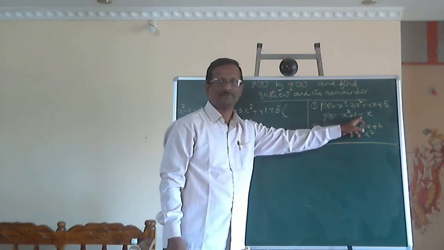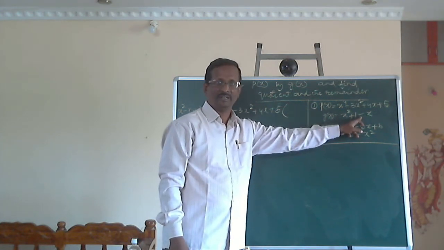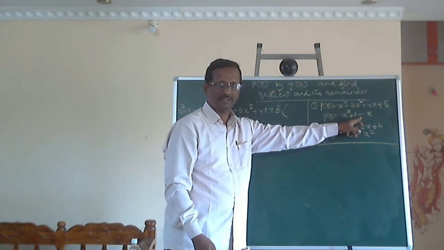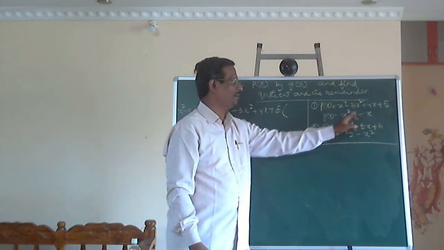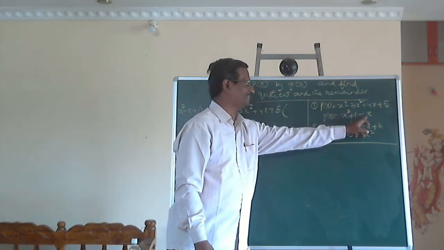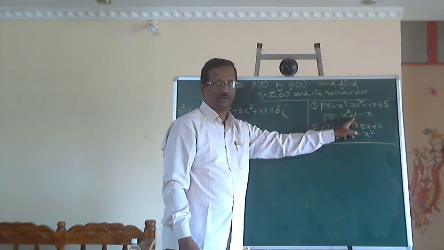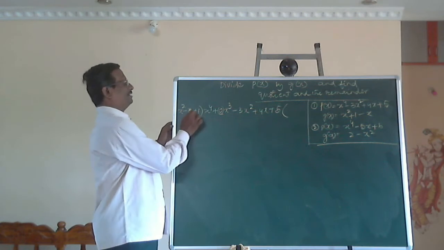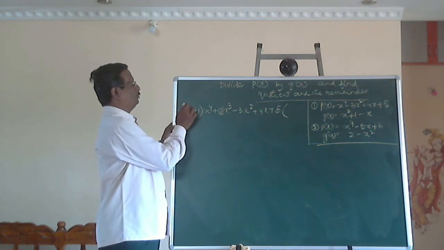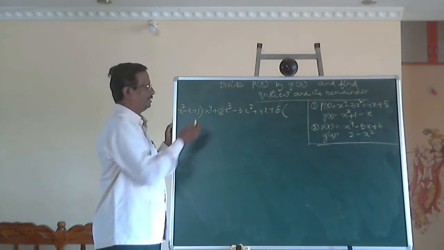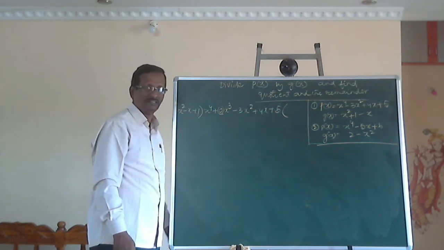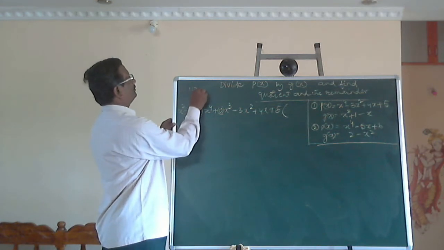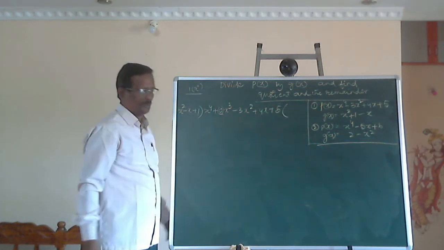In the standard form of the polynomial, all the exponents are either in the decreasing order or in the increasing order. Here x square, then x, then constant, it should be in the standard form. So I have rewritten in the decreasing order of the exponents, to the power 1 and the power 0. Constant always has the exponent of the variable 0. Here 1 means 1 into x to the power 0. Please do remember.